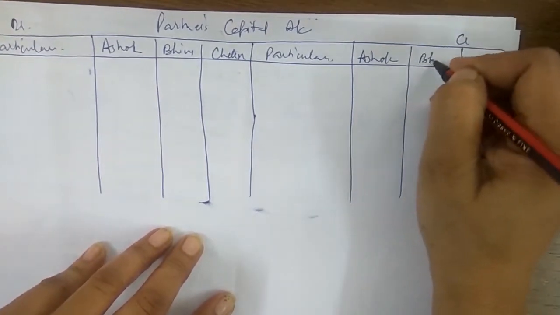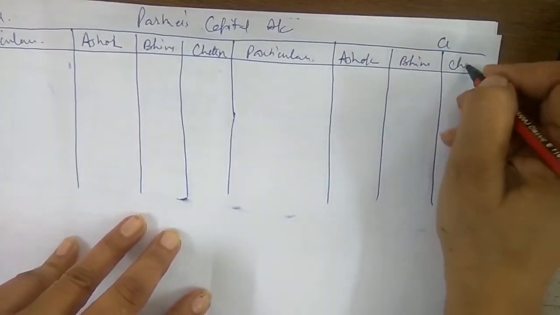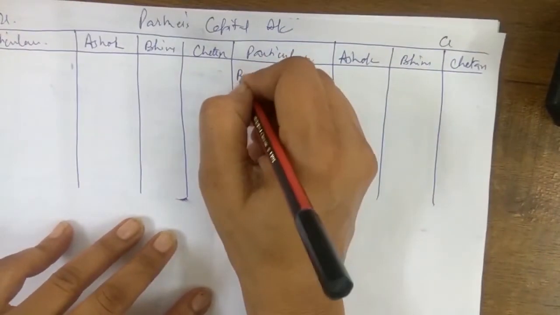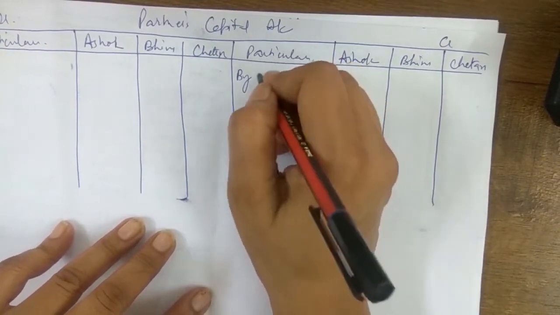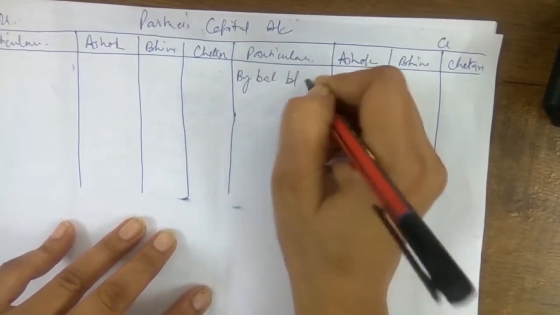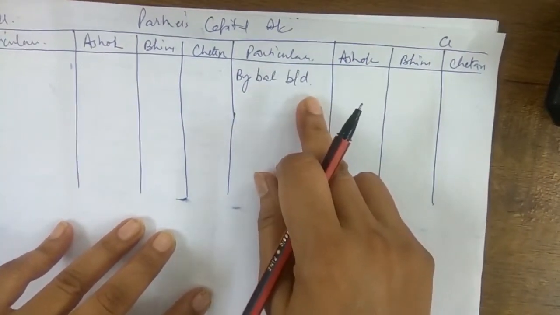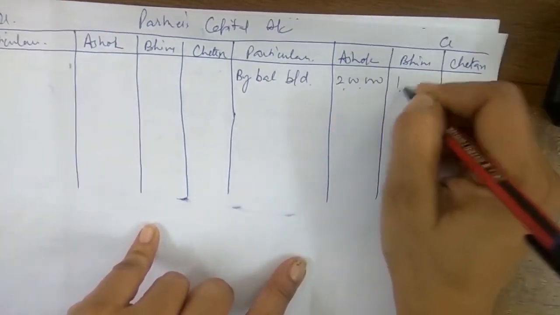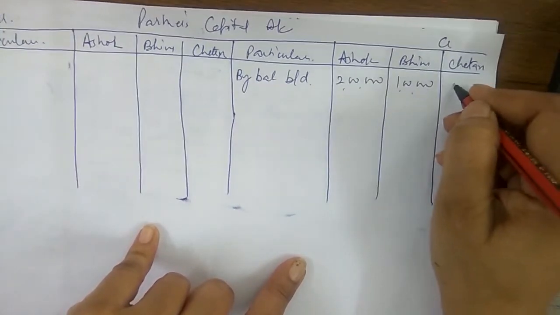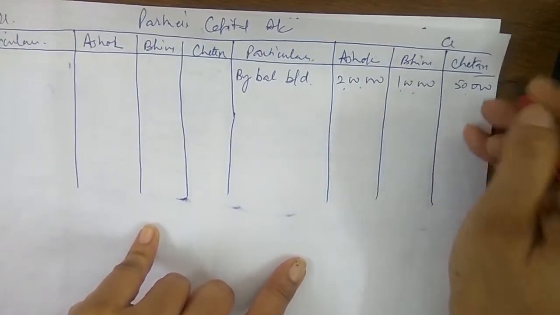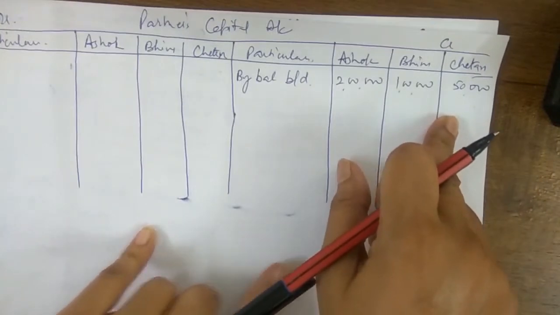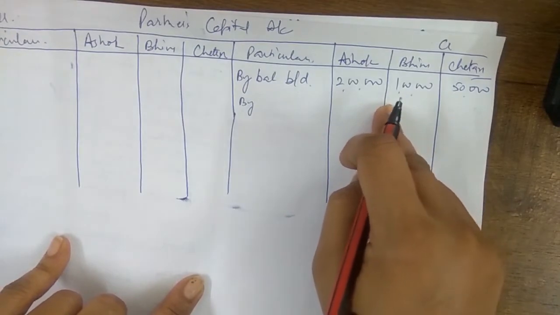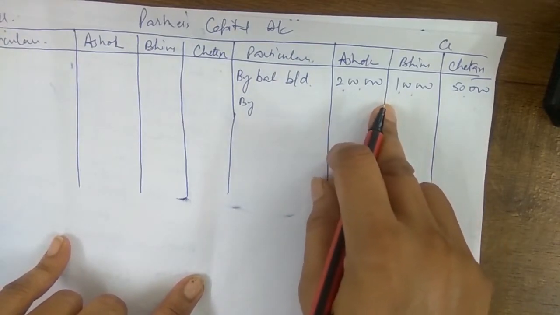Ashok, Bheem and Chetan. Clear bache? We used to start from the credit side as we have given in the question, that is opening balance of the partner's capital account, 2 lakh, 1 lakh and 50,000. As you know that we have step marking in account subject. So whatever posting you will do correctly, you will get the credit for that. This is the first entry. This is the first amount which we have shown, that is opening balance of partner's capital account.